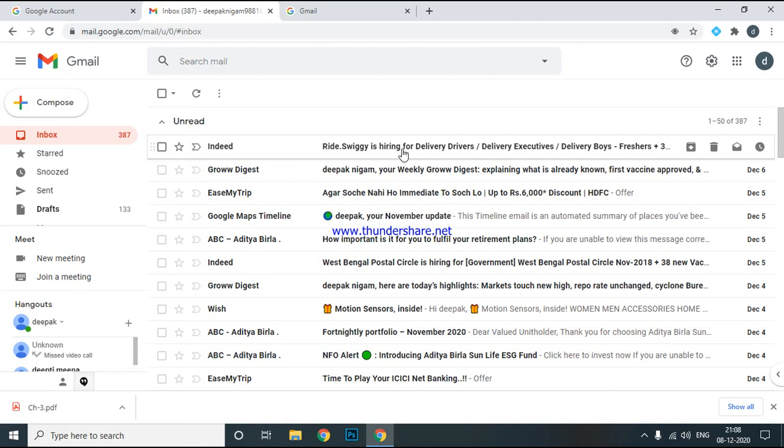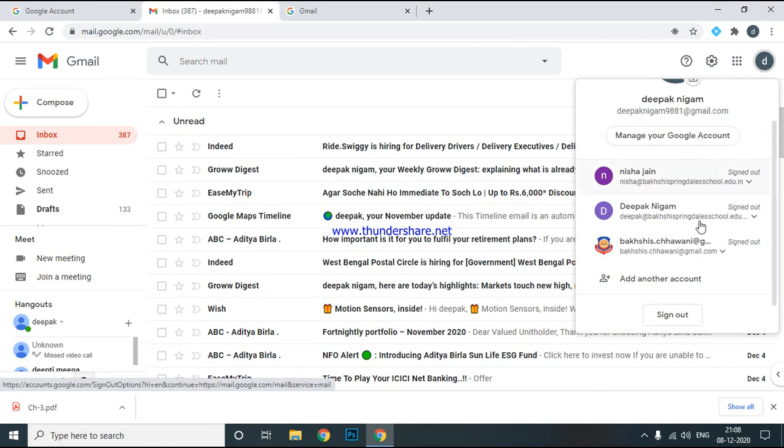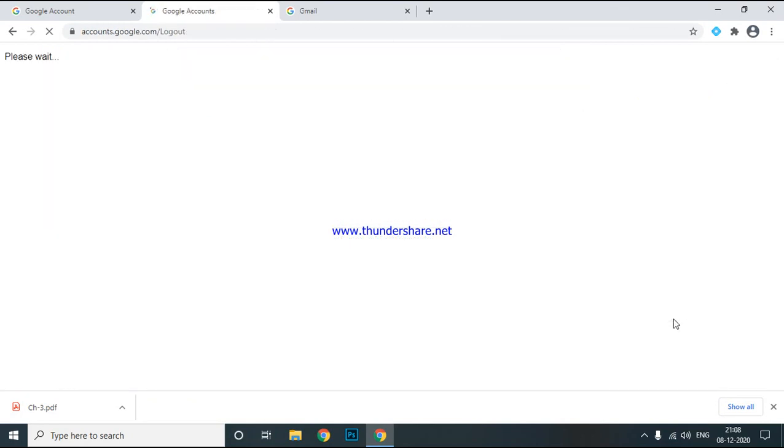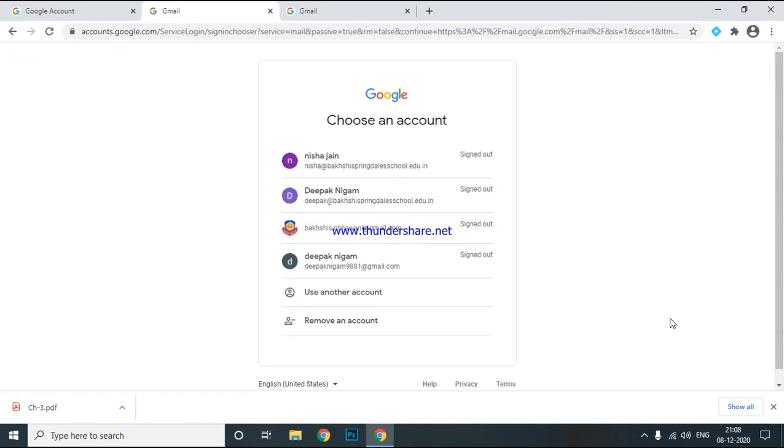Now at last in the chapter, how to close your mail account. Once you have finished working with your email account, children, it is important to sign out from your account and close the mailbox, to avoid misuse by anyone else. So how to do it? Click on the Google account. Here is your Google account. When we click on the Google account, the sign out button will be there. Click on sign out. In this way you can close your email account on your devices.